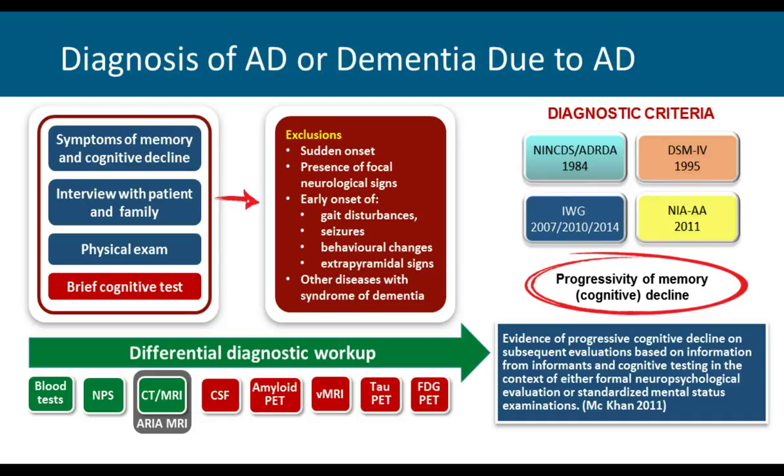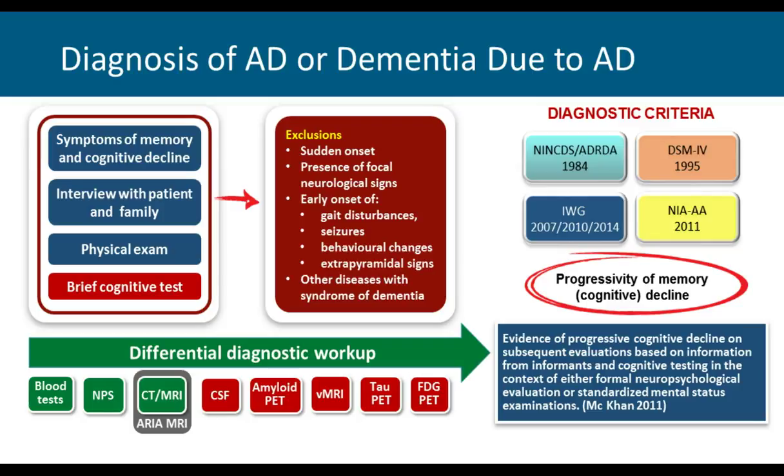Alzheimer's disease. This is the classical slide of diagnosis of early Alzheimer's disease, where basically symptoms of memory and cognitive decline should be reviewed by a physician after interview with the patient and his family, and after physical examination and brief cognitive tests, excluding also some conditions which are not typical for Alzheimer's disease, like sudden onset of memory impairment, presence of focal neurological signs, and similar. These should be excluded, and basically we have a clinical impression of a patient with a potential Alzheimer's disease. However,